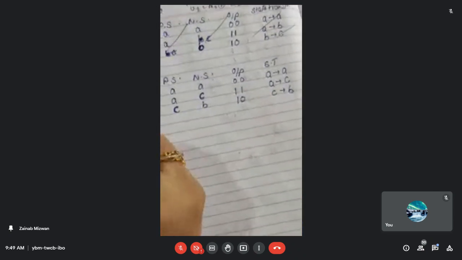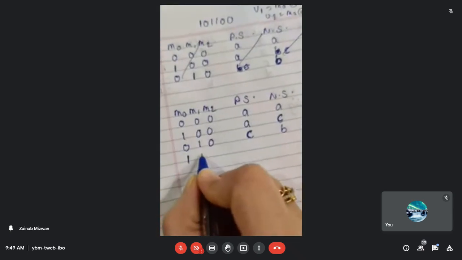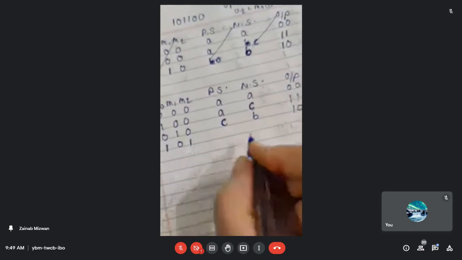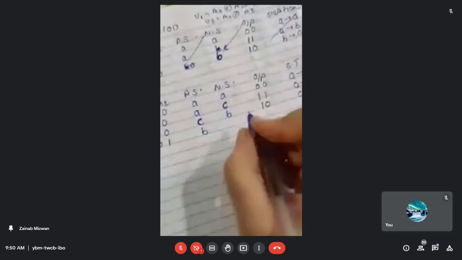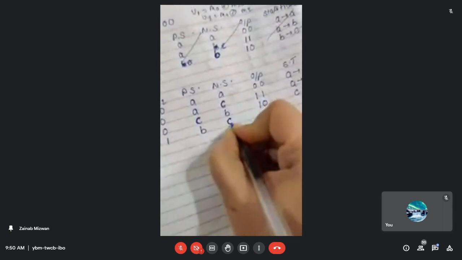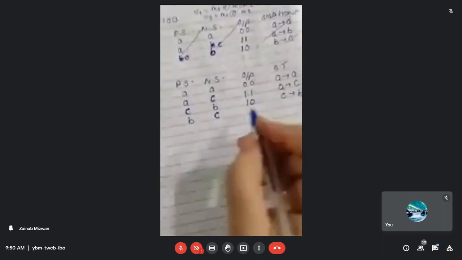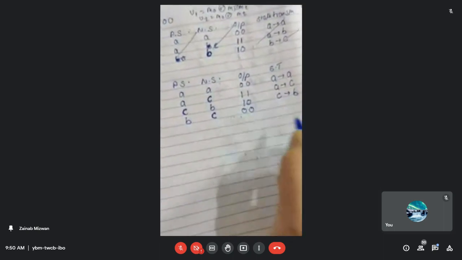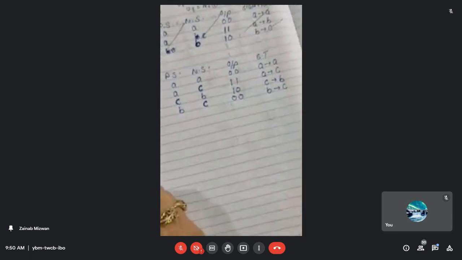Okay, so we got second input. Now the third input is 1 over here. Now again when the 1, 0 will be shifted over here, the 1 will be shifted over here. So again what we are having is 0 1. 0 1 is the state B, and the next state is again C over here. You can see next state फिर से क्या हो रही है आपकी यहाँ पे C है. Okay, and what about the output? The first output will turn out to be 0, and the second output will also be 0 over here, and the transition is again from B to C.